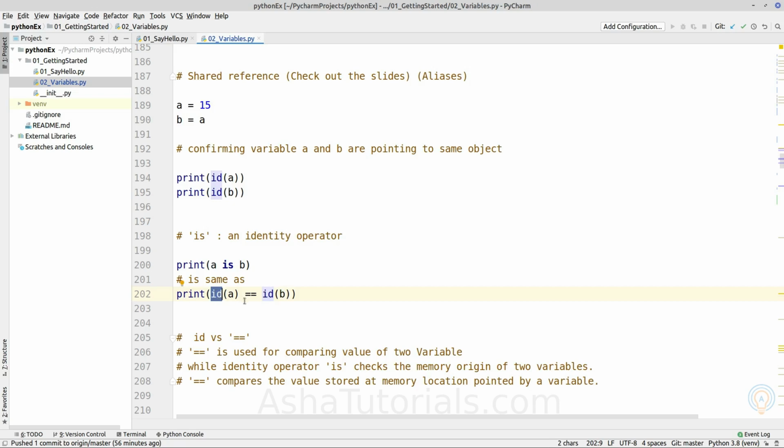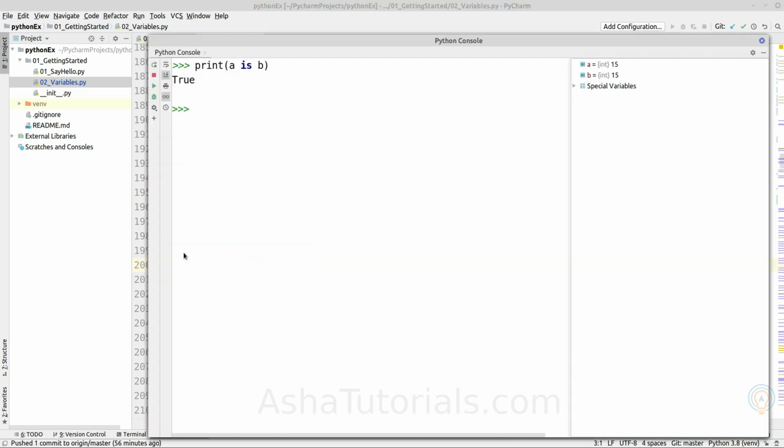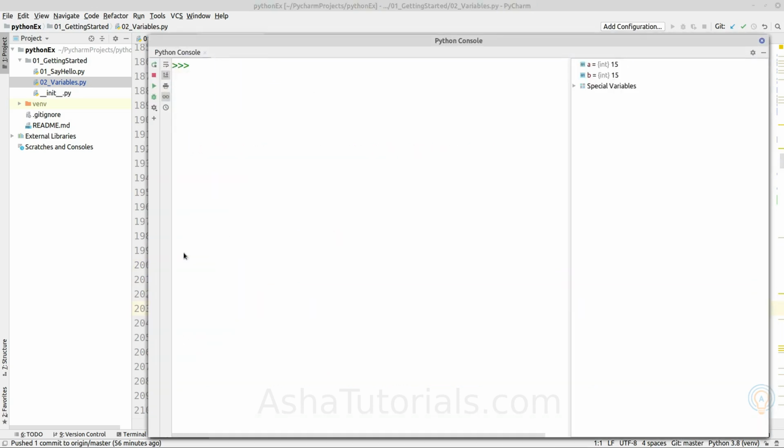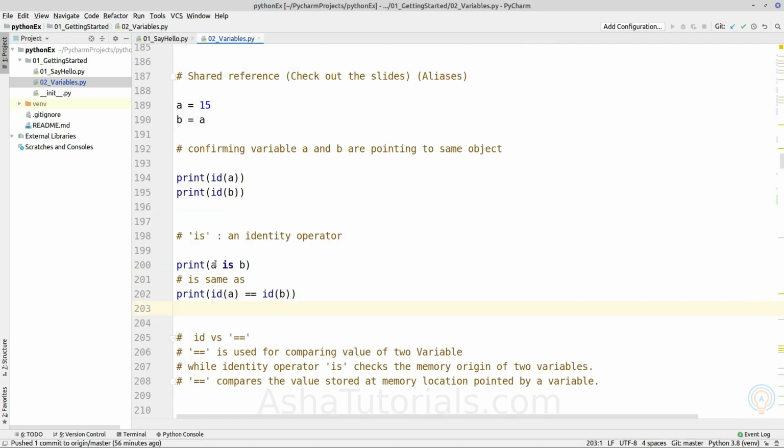To check this, the is operator is used. So a is b is equal to id of a double equals id of b. It just checks whether the two variables are pointing to the same memory address or not.